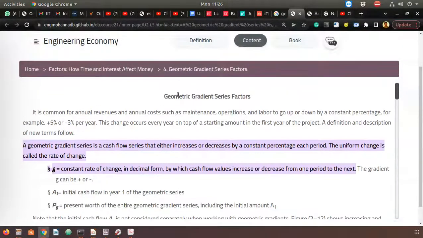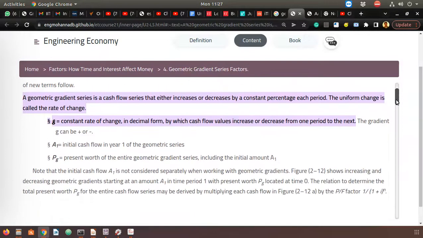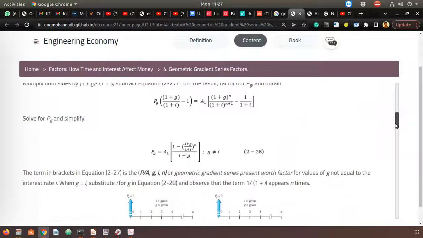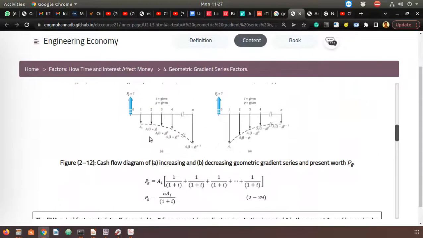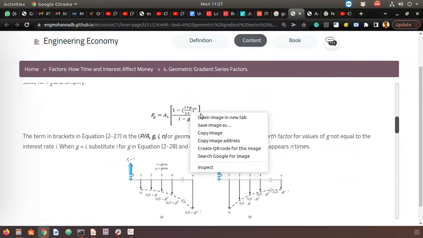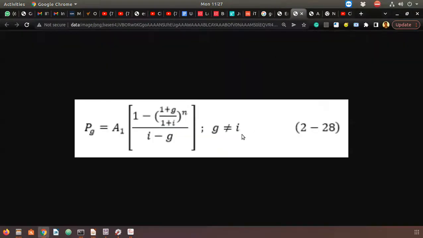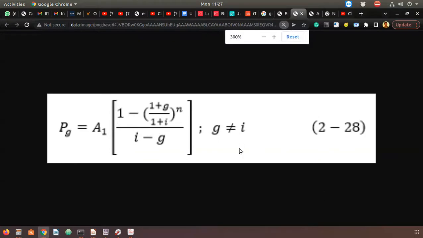So here there is this online resource. I found this geometric gradient series factors. How to calculate the factors? And if I go down, there is a derivation, and finally the formula is here. Okay. So this is the formula, and here you can also see the diagram like this: A1, A1 into 1 plus g, A1 into (1 plus g) squared, and so on like this. Right? So let me open this formula in a new tab. Okay, so this is the formula. A1 times [1 minus ((1 plus g) divided by (1 plus i)) to the power of n] divided by